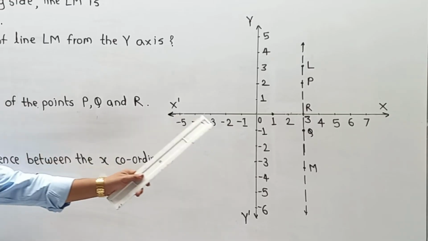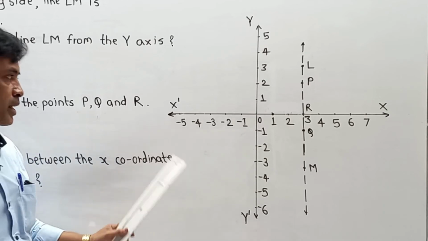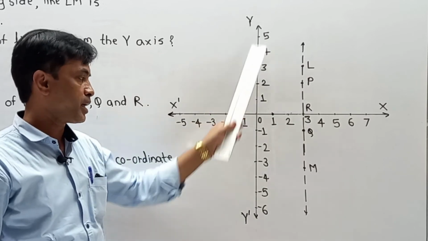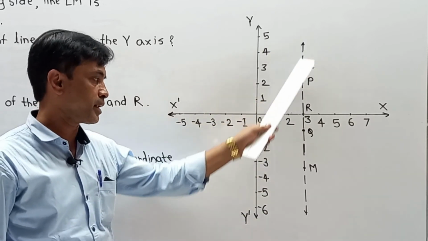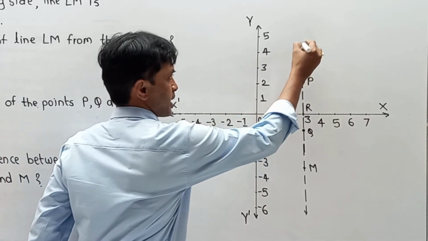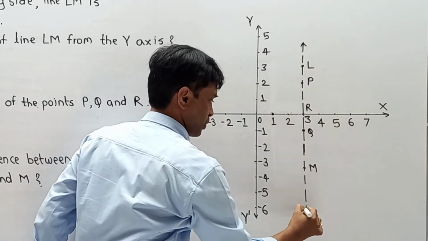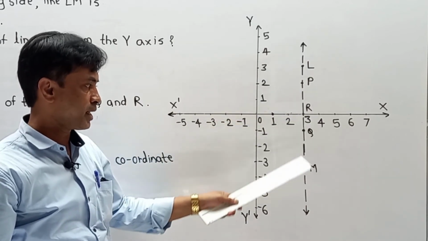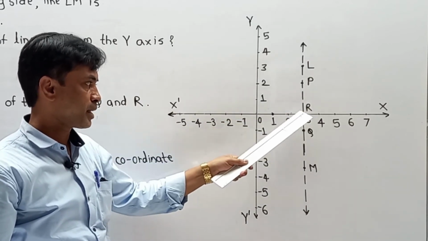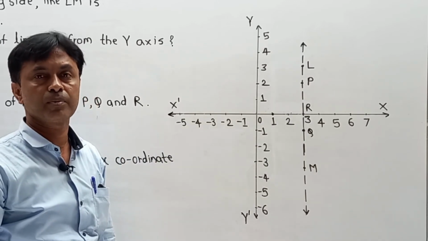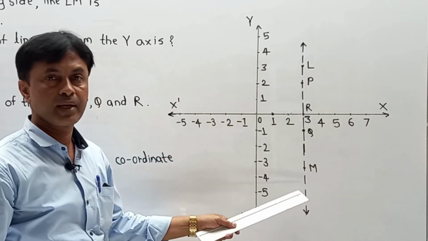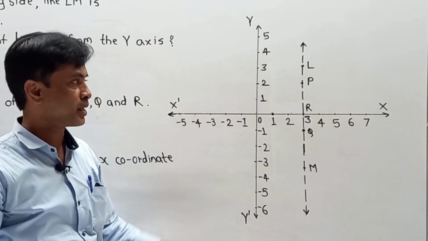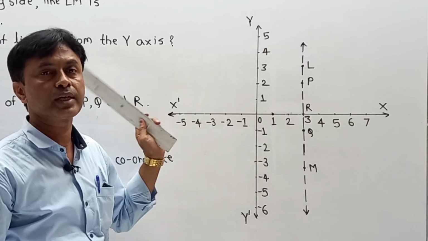Now, coming to the part, moving over here on the graph structure. First of all, they have given an x-axis, they have given a y-axis, and this y-axis has one parallel line over here, and they have indicated this line as LM. Means they have mentioned some point L, then M, then P, R and Q. Along line LM, it also contains 3 points P, Q and R. One by one, according to this diagram, we have to write the answer.